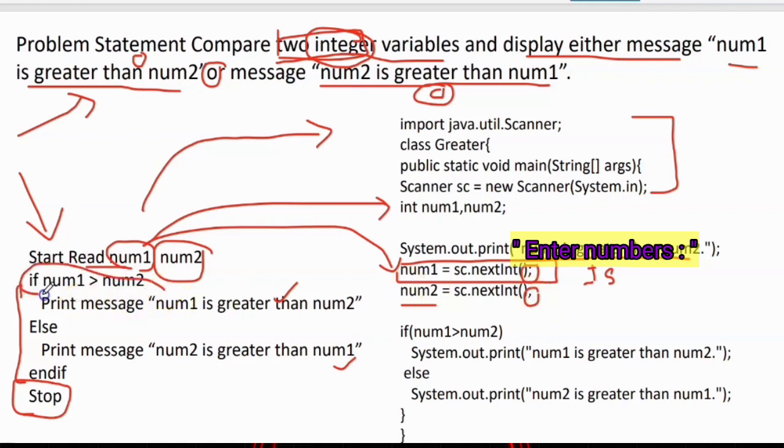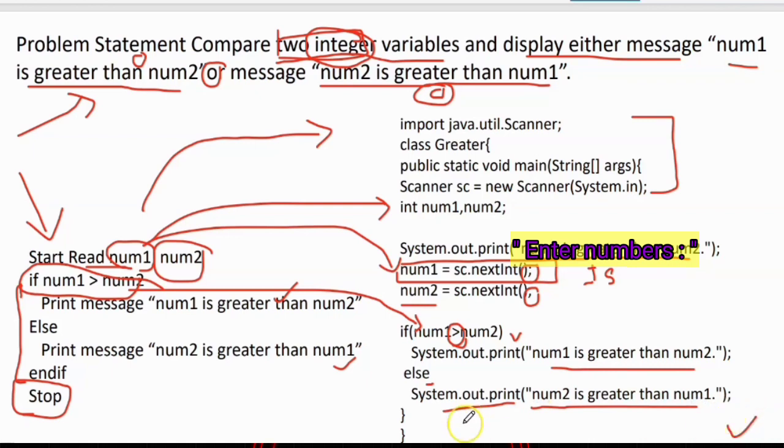Next we see the condition, number 1 greater than number 2. So we just write the condition. If number 1 greater, use this operator. Number 1 greater than number 2. So if true means System.out.print number 1 is greater than number 2. If false means num2 is greater than num1. So don't forget to close the